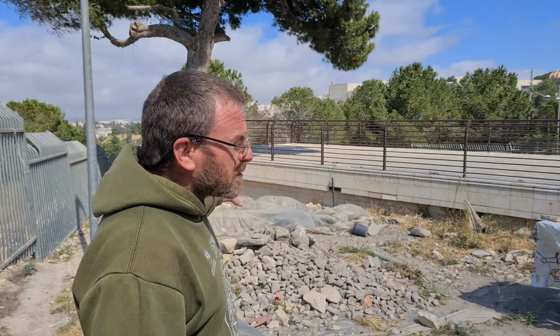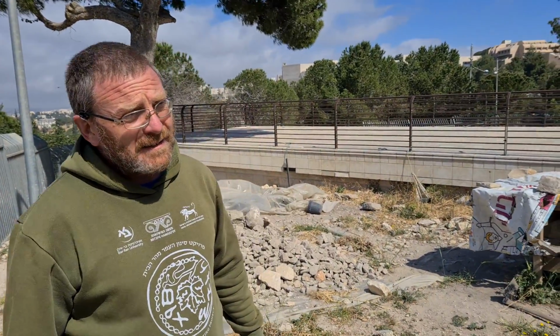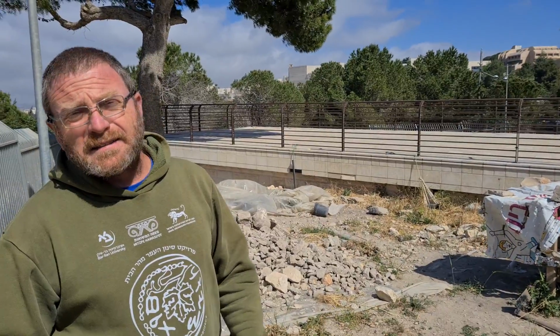Right behind me, you can see... Can you just mention who was doing the illegal excavation? The illegal dig was done by the Islamic Waqf, which is the Islamic religious trust in charge of holy places for Islam, that wanted to make a new opening for a new mosque under the floor of the Temple Mount, but they did so without any